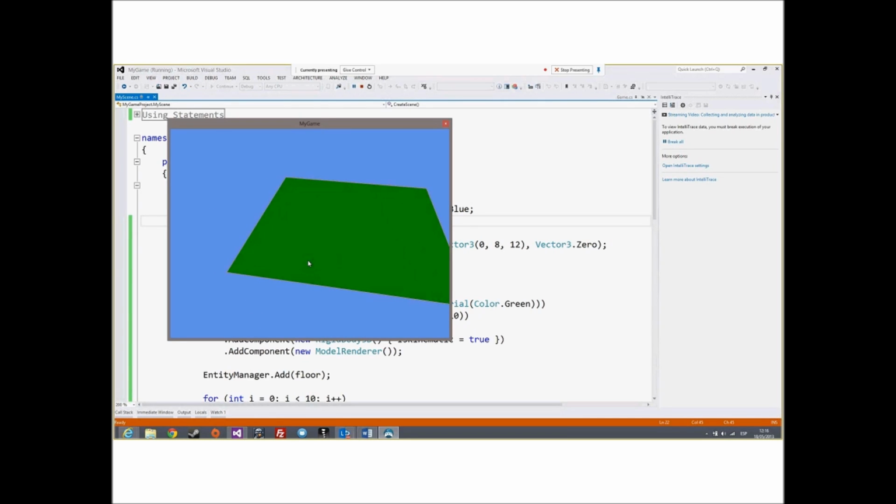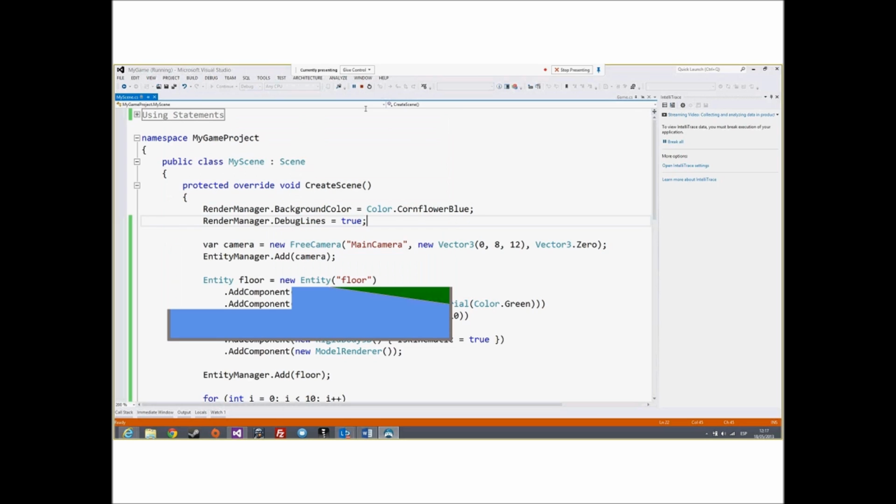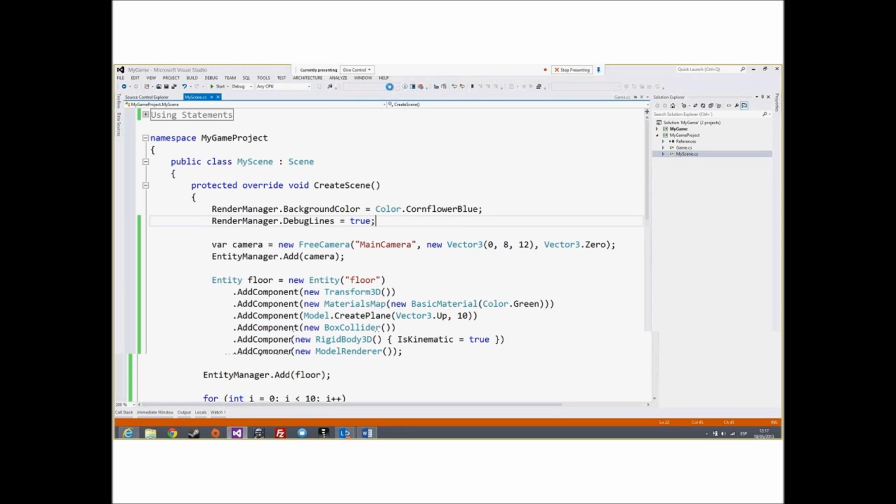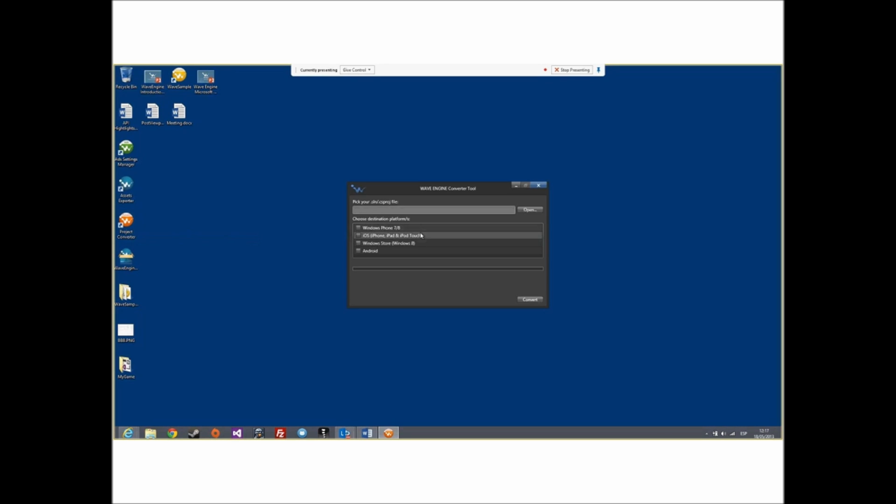Okay, but I'm sure that you want to see it on Windows Store or Windows Phone platform. To do that, we need to use the project converter tool installed previously. Okay, close this project, and I'm going to open the project converter tool.